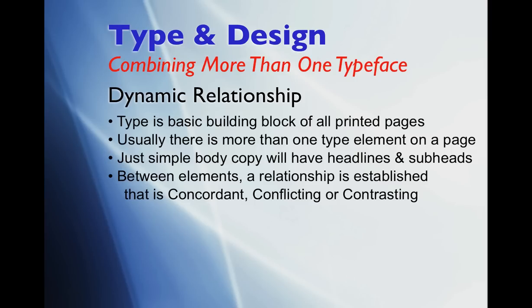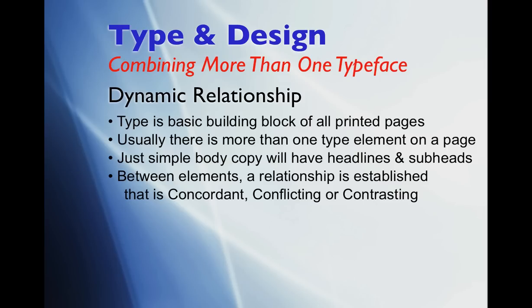And usually, even in a page that's fairly simple, there's usually more than one type element on a page. Even if we think of just simple body copy, we are going to have headlines and subheadlines